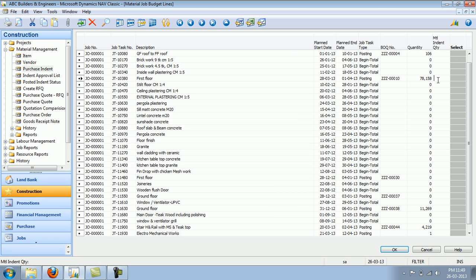and I can choose which items I want to plan my materials for. So let's say I want to take this activity called first floor and say I want to do 1000 quantity of this. Select, and maybe this activity another 500. Select this